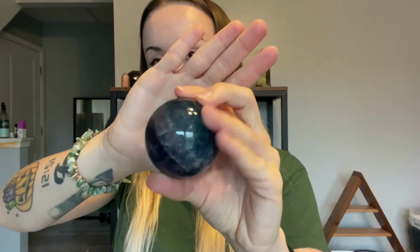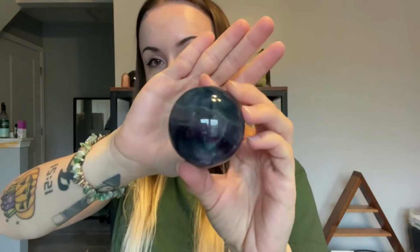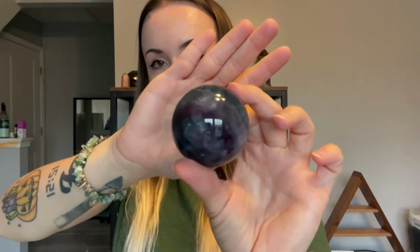years ago. This is a super nice piece of 8th vein ocean jasper, little cave. This is from Mantra Minerals. I also got another really nice piece of 8th vein ocean jasper from her, a really nice palm stone. This fluorite sphere is so pretty. It's silky looking. It has a lot of flash. I'm unboxing a lot of these tumbles right now, so I won't give you a whole tour of every single